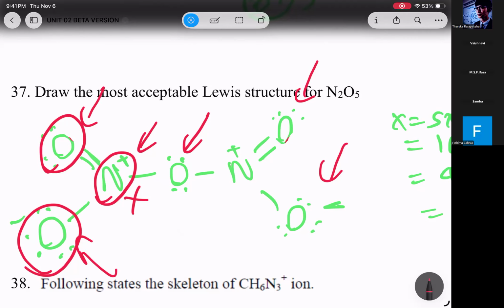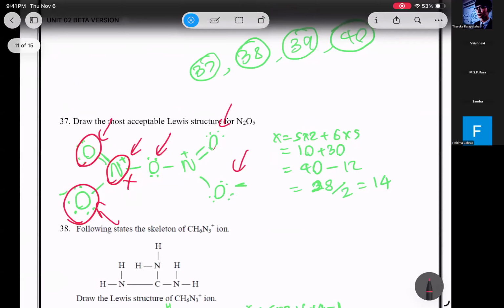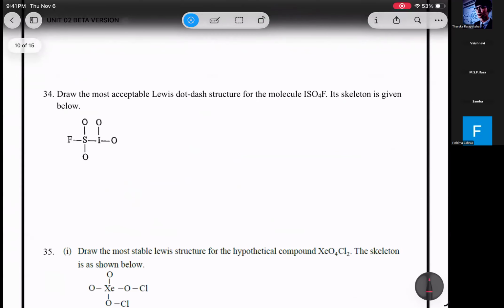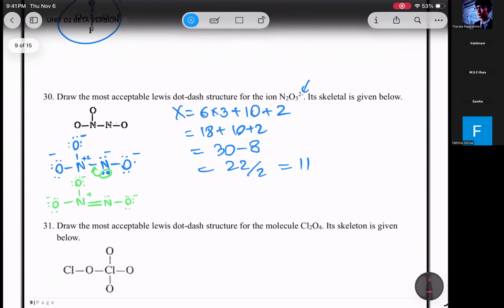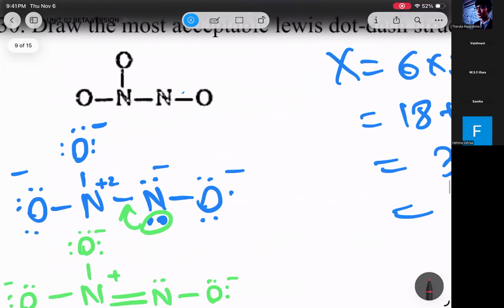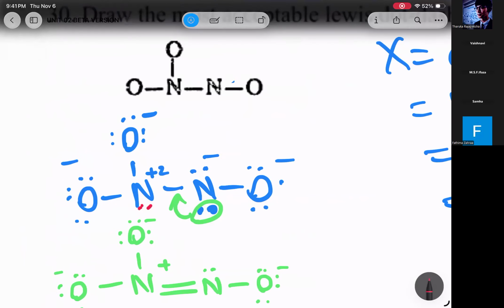If you draw it this way and something goes wrong, then you can change the location and draw. Earlier, for this structure, I first put the electron pair to this nitrogen and then drew it. It didn't work, people. So what I did was I put it to the other nitrogen. Or you can experiment on your structure. That's fine.